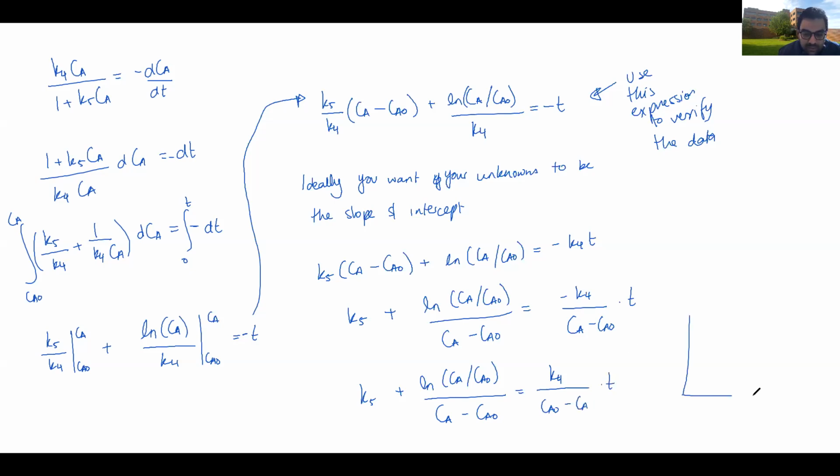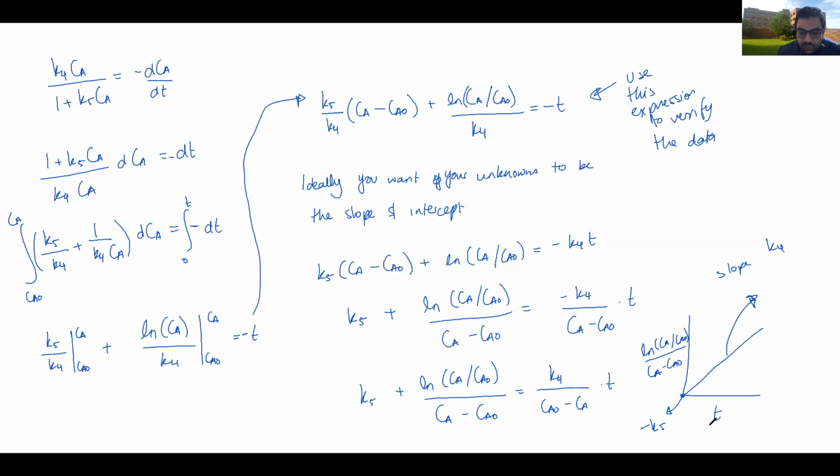So if I plot basically t versus ln CA over CA naught over CA minus CA naught, my intercept should be, or sorry, so if I plot it this way, my intercept here should be minus K5, right? And my slope should be equal to K4 divided by, no, then this doesn't make sense for it to be a slope. So actually what I need to plot is,